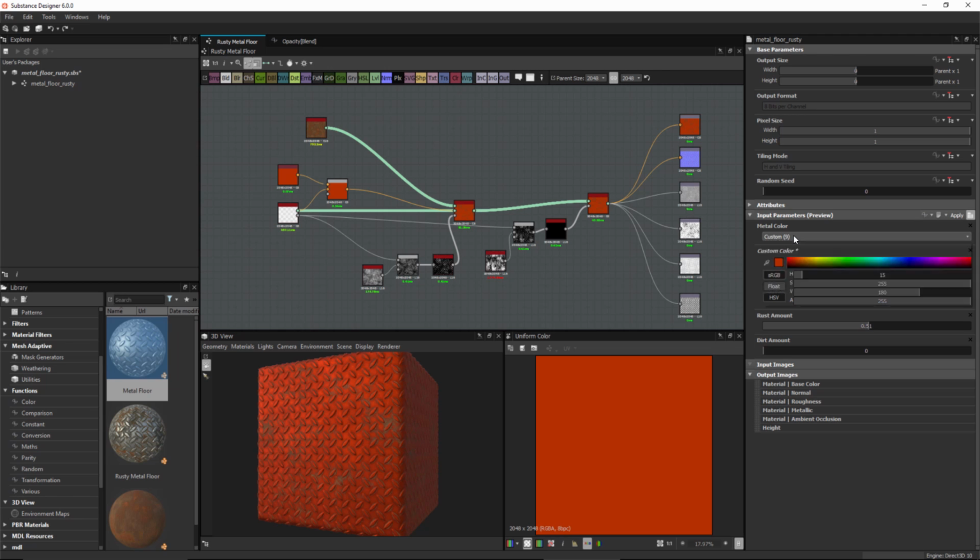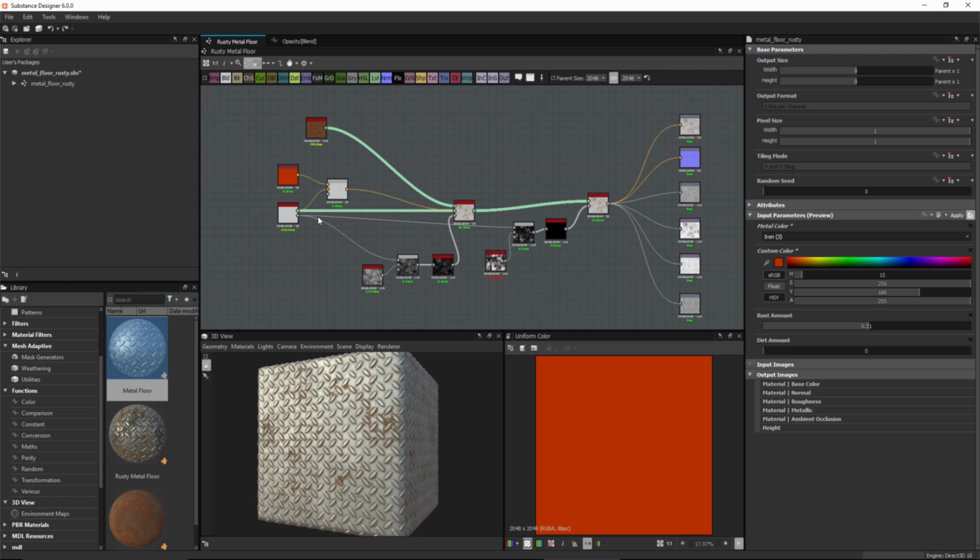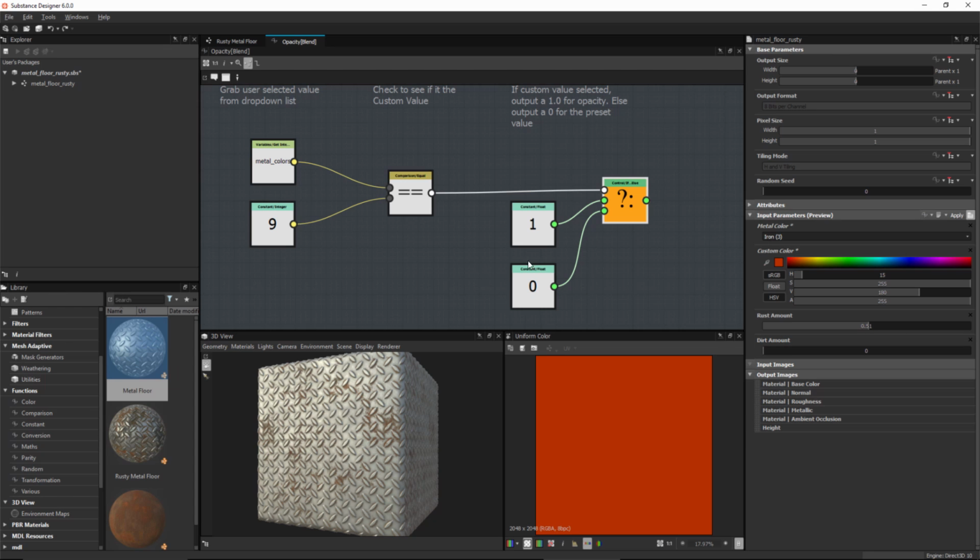Let's take this drop down now and choose one of our presets. Let's go back to iron. So I choose iron, and now you can see that the graph gets rerouted here through our opacity node. That's how you use functions inside of Substance Designer. In this case, we created this function within that blend so that we could create a more complex way of switching between a foreground and input for our blend,